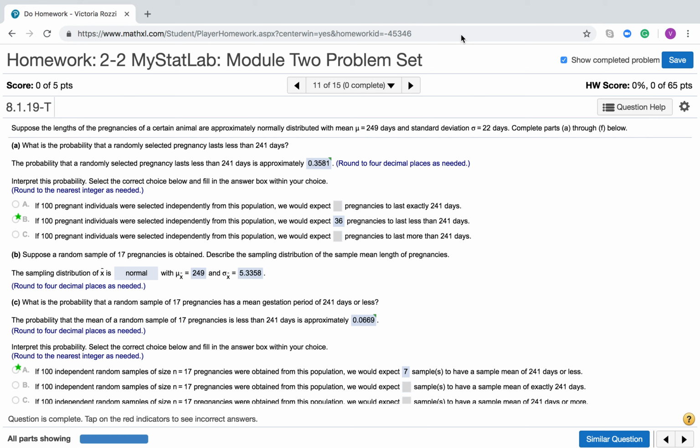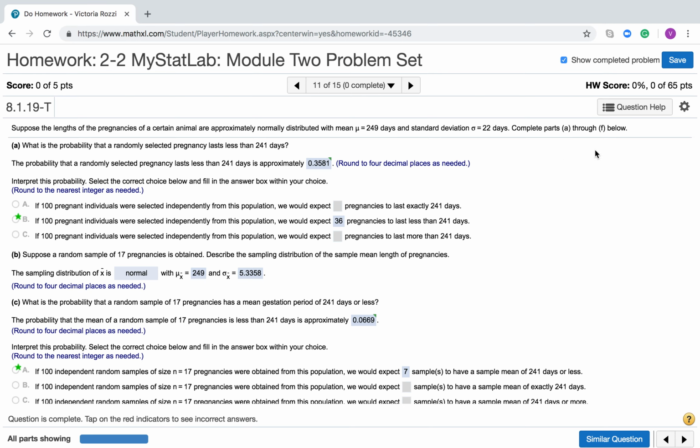It says, suppose the lengths of the pregnancies of a certain animal are approximately normally distributed with a mean of mu equals 249 days and standard deviation sigma equals 22 days. We need to complete parts A through F here. So the first thing I would do to find the probability that a randomly selected pregnancy lasts less than 241 days, and again, your numbers are going to be a little bit different, but you'll do this problem the exact same way that I'm doing,